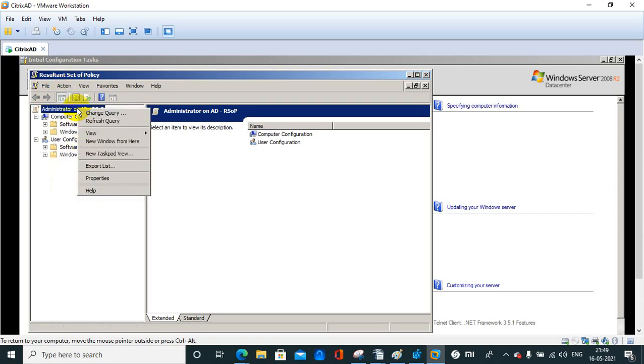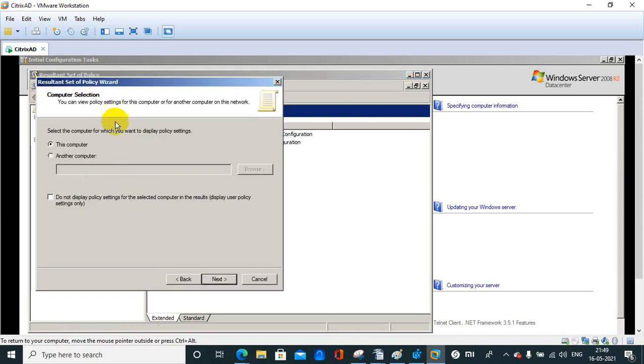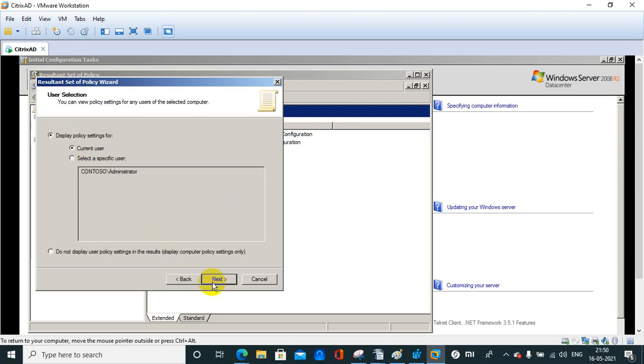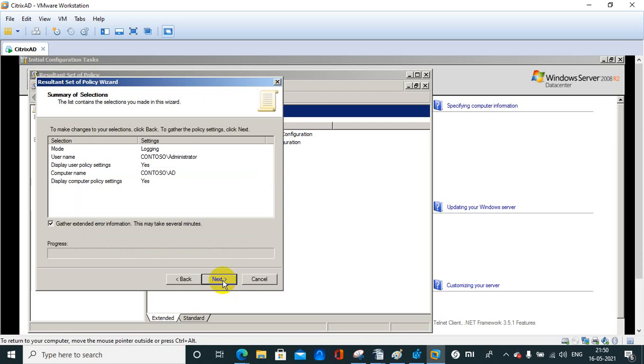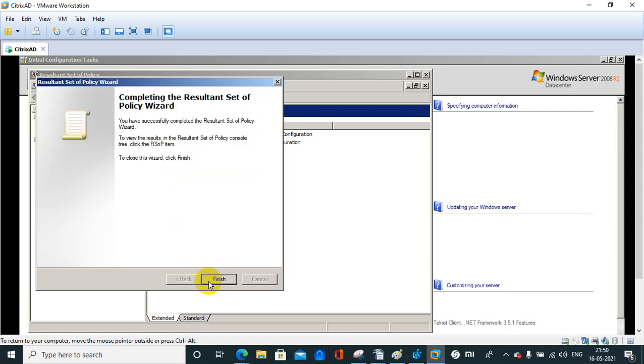Right click, change query. You are clicking for this computer from another computer. I am running this for this computer only. Next, then it's for current user or select specific user. Here you will get the list of users connected with that server, and you need to select the user and then next. Once it is showing the username, it's AD, and next.